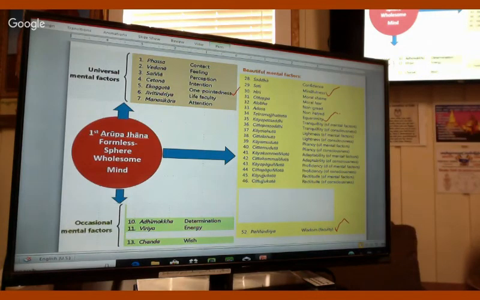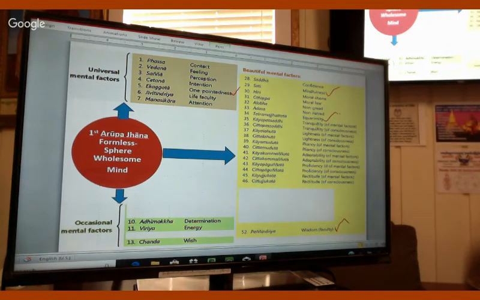Okay. So you can apply that to the second arubhajana, the third arubhajana, the mental activity is the same. The same kind of manifestors work with all kinds of arubhajana. The difference is the object only. When the object changes, then you upgrade the jhana, the arubhajana, the Formless-sphere jhana.